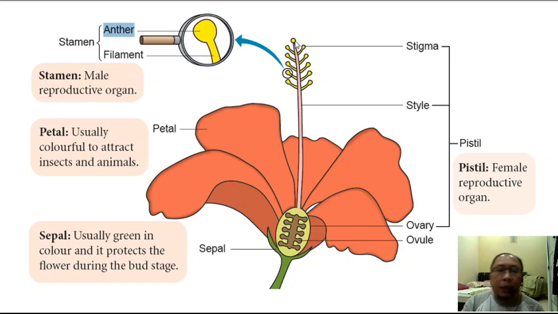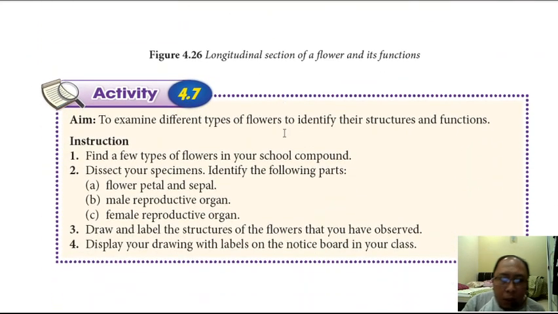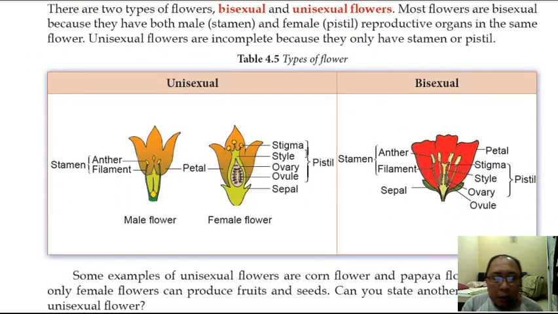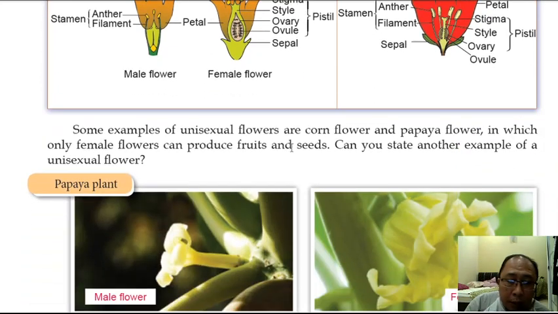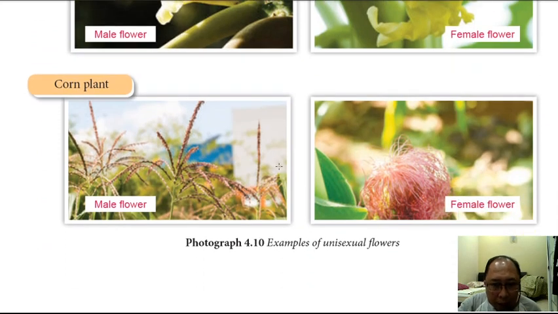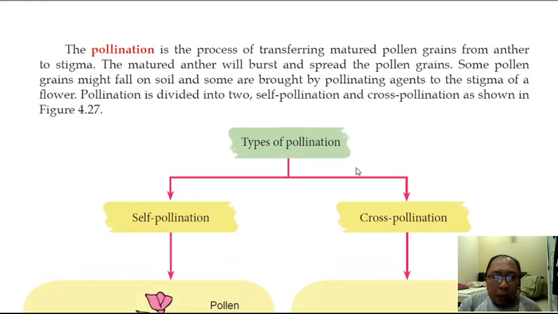So this process is called pollination. Okay, so pollination is a process in which pollen grain inside the anther is transferred onto the surface of the stigma. I hope that you understand the main point here about the pollination process. So based on this